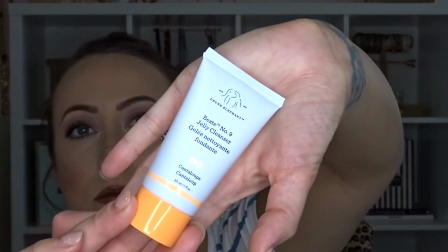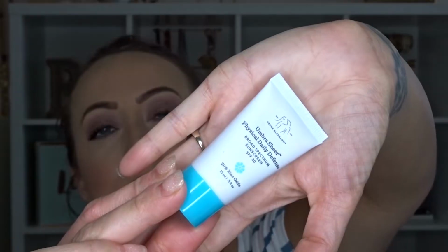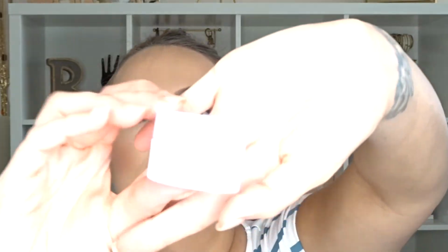And it's been really hard not to touch this for the last week, to be honest, because this is the thing I've wanted to try the absolute most out of everything. So first it comes with your Jelly Cleanser, number 9. Next is the Umbra Sheer Physical Daily Defense Broad Spectrum Sunscreen, SPF 30. Then we've got the Lala Retro Whipped Cream, which is their moisturizer. I love how everything has a different color lid. Next is the TLC Framboos Glycolic Night Serum, the Hydra Intensive Hydration Serum, C-Firma Day Serum,